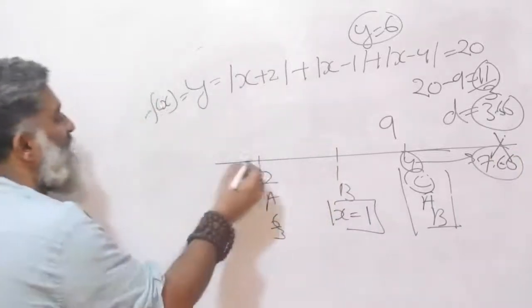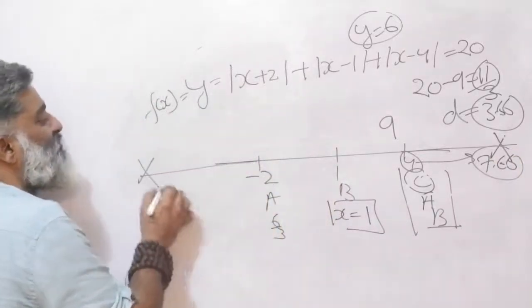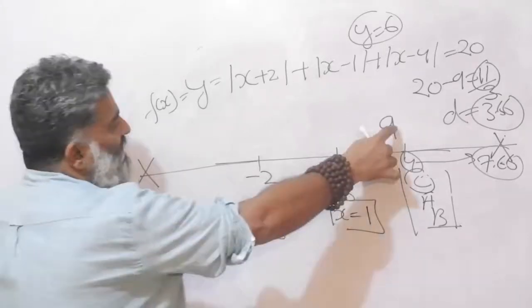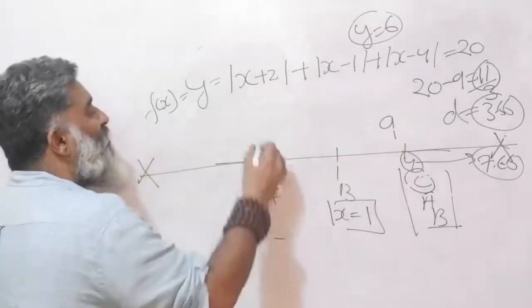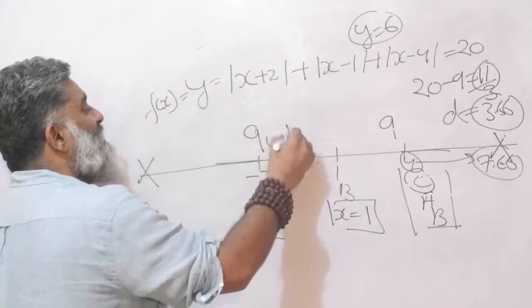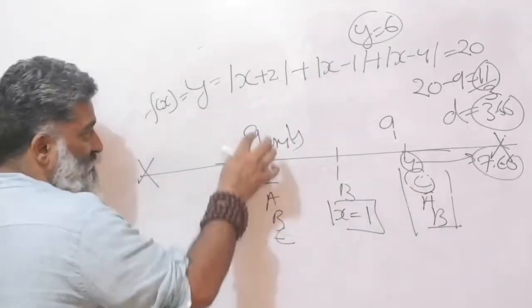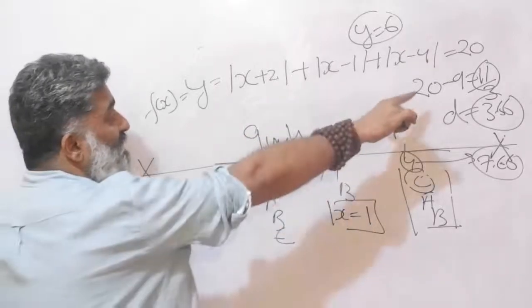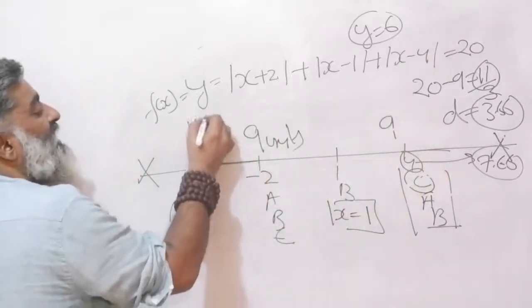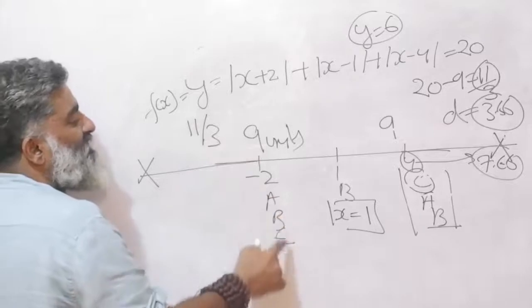I go in this direction, pretty much the same story. They are at -2 and again the distance was the same. They have already covered 9 units. A, B and C are all here. B has covered 3, C has covered 6. Total 9 units are gone. How many units are remaining? 11. 11 divided by 3 because there are 3 friends.